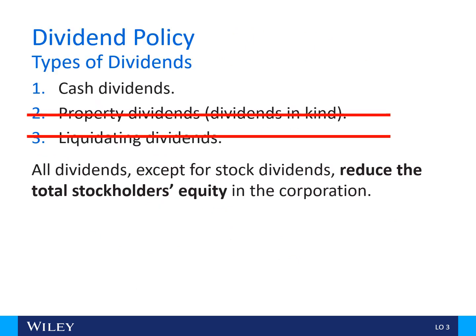So again, there are different types of dividends here. There's property dividends and liquidating dividends. For the purposes of this particular class, we're not going to be covering those. We're just going to be talking about cash dividends. And going back to chapter 2, chapter 3, and so forth, we talked about the fact that retained earnings is revenues minus expenses minus dividends. So dividends basically reduce stockholders' equity as it goes through retained earnings.